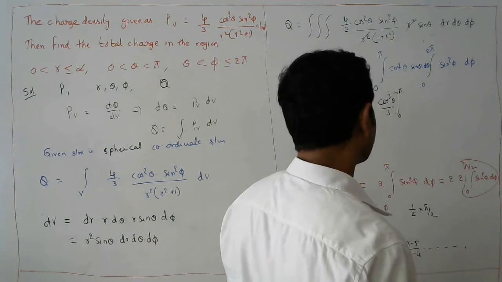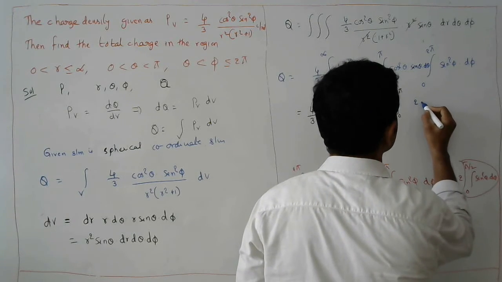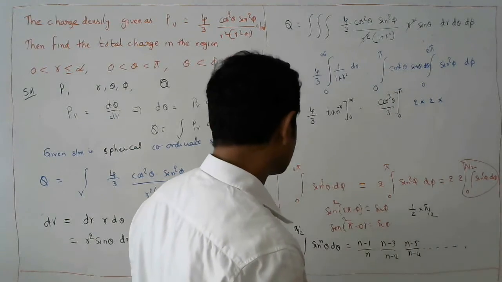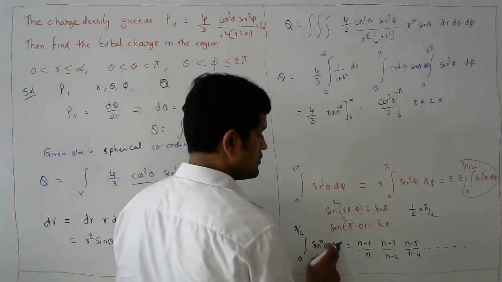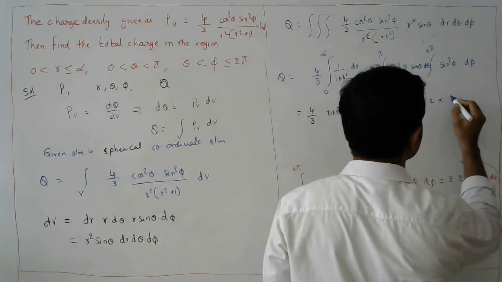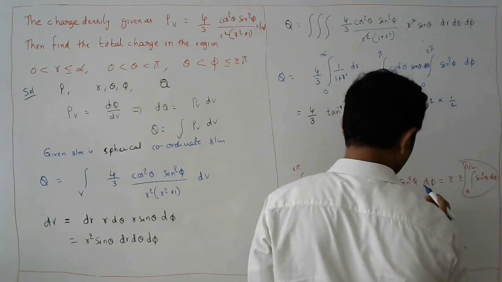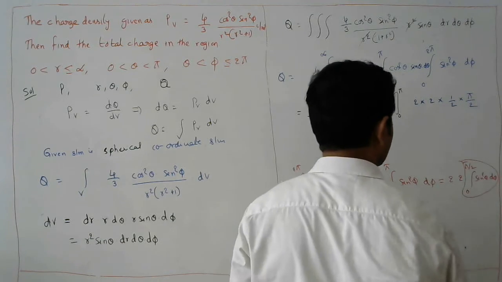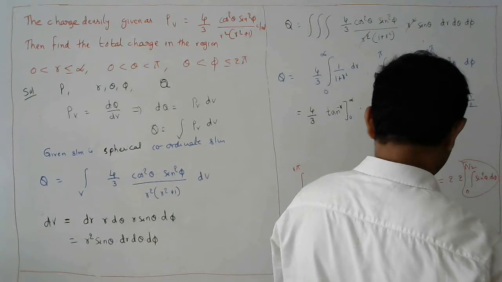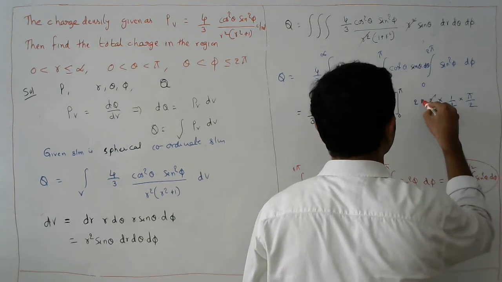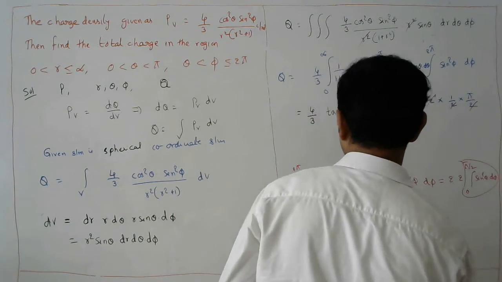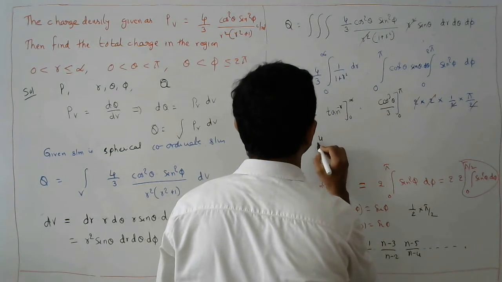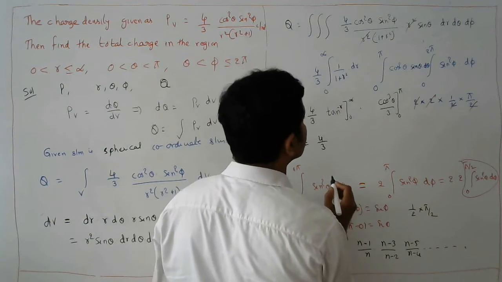So with that formula, I am going to write this as 2 into sin to the power of 2, so 2 minus 1 by 2. 2 minus 1 by 2 is nothing but what? 1 by 2. So 1 by 2 came in, so we have to multiply with pi by 2. So the 2 values cancel out. So we can get another magnitude here, which is equal to 4 by 3 into tan inverse